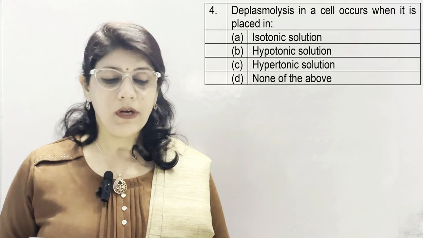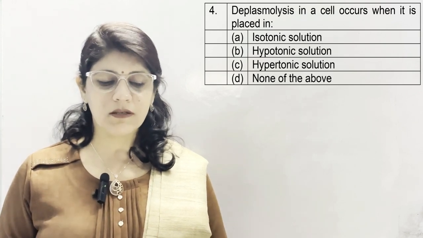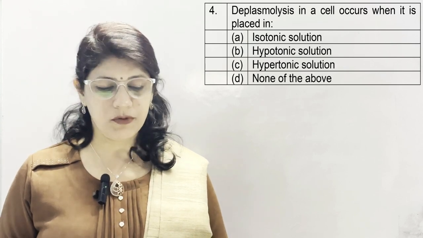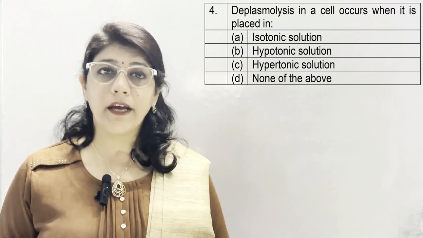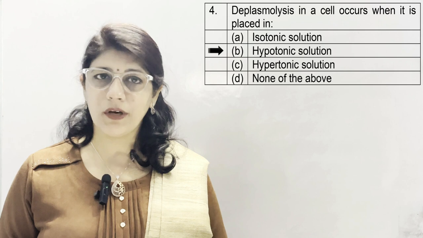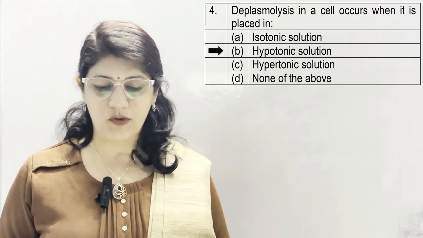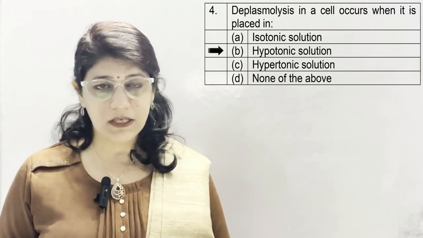Question number 4. Deplasmolysis in a cell occurs when it is placed in A, isotonic solution, B, hypotonic solution, C, hypertonic solution, and D, none of the above. And the correct option is hypotonic solution. When a plasmolysed cell is placed in a hypotonic solution, water moves into the cell because of higher concentration of water